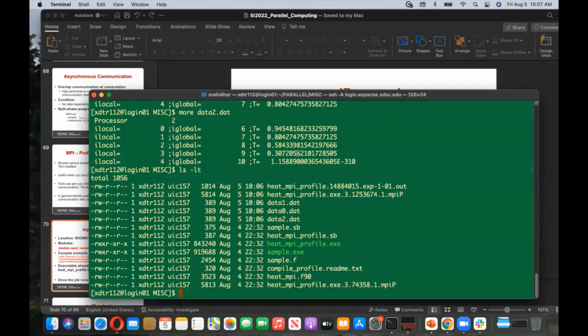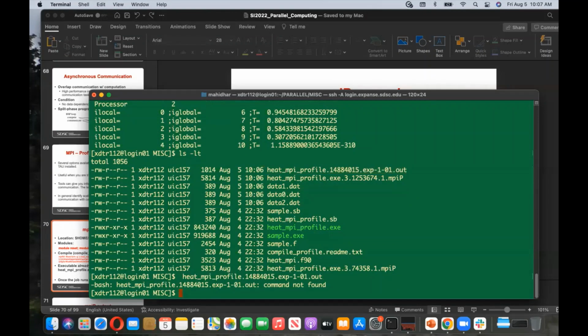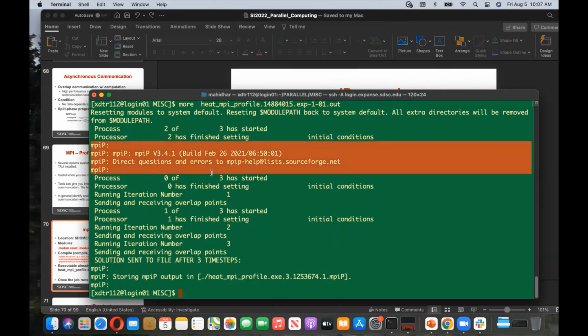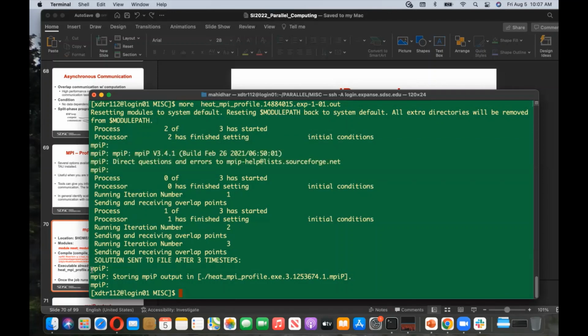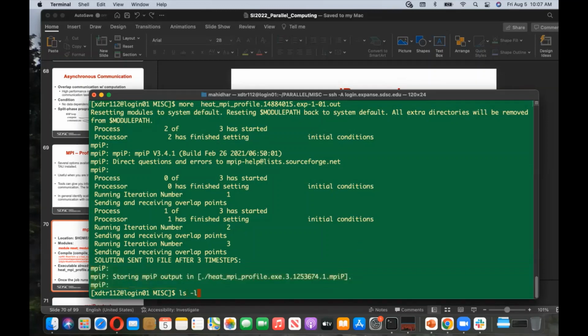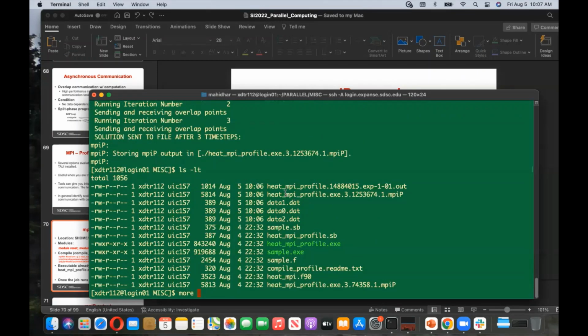So what mpiP does is, first thing, if you look at the output, it's going to have some additional info telling you that it's doing the profiling. There's this piece of the output saying this is mpiP with version 3.4.1, whatever build. Then it does the execution, and at the end it says I'm storing the mpiP output in this profile. So if you look at the mpiP profile,